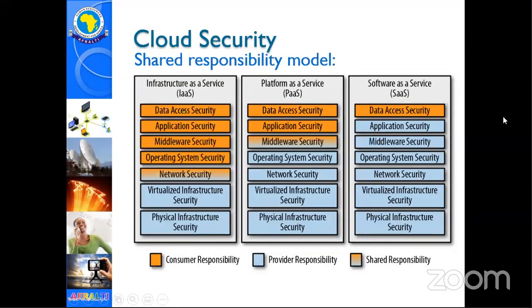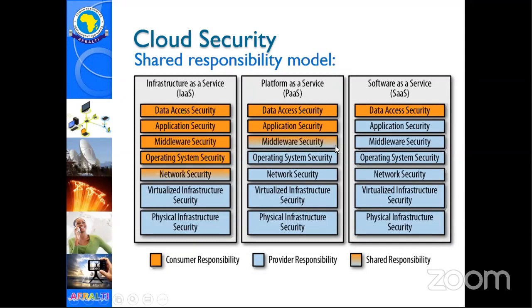That is very important. And by that, most cloud providers have what is known as a shared responsibility model. If you're in infrastructure as a service, platform as a service, software as a service, where does your responsibility end? If you're using infrastructure, then your responsibility as a consumer, the one in orange, starts somewhere in between network security all the way to whatever you're running. Because remember, as infrastructure as a service, you're given the platform, the servers, the hardware, and all that. In platform as a service, your responsibility as the customer starts from somewhere in between middleware all the way up to the data and the application.